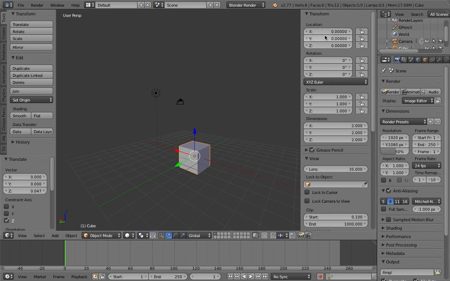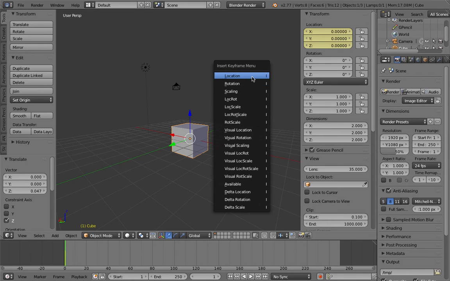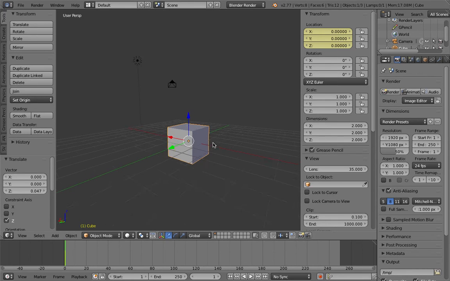For now, we just worry about location, so it's 3 different channels or attributes: X, Y, Z. The hotkey is I for keyframing, and you can use I to keyframe location, rotation, scale, all kinds of stuff, including your own custom attributes. For now, we just worry about X, Y, Z. So I made a keyframe on frame 1